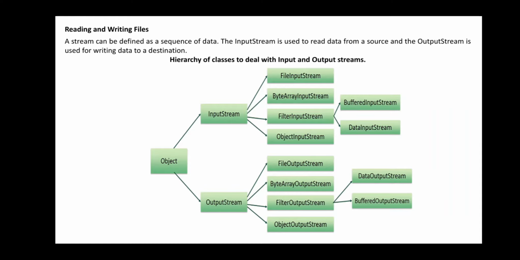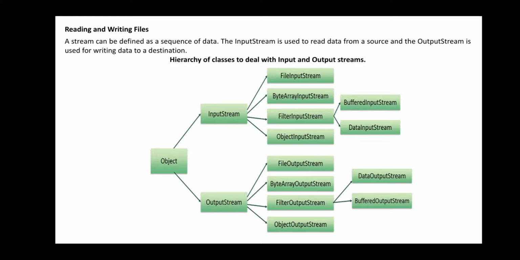Today we will be going with the next topic of Java: file input and output stream classes. In the previous classes, you went with the character stream class as well as the byte stream class. Today, how actually the files can be read and how the files can be written. You have already seen how you are going to write within it and how you are going to read within it. Elaborately, we will see what is actually meant by reading a file and writing a file.